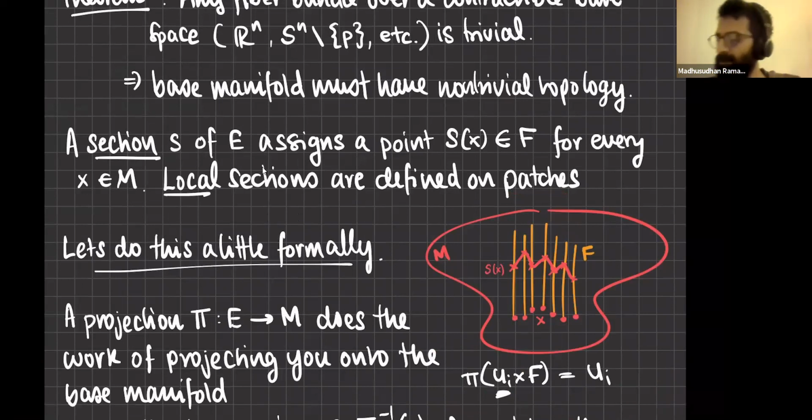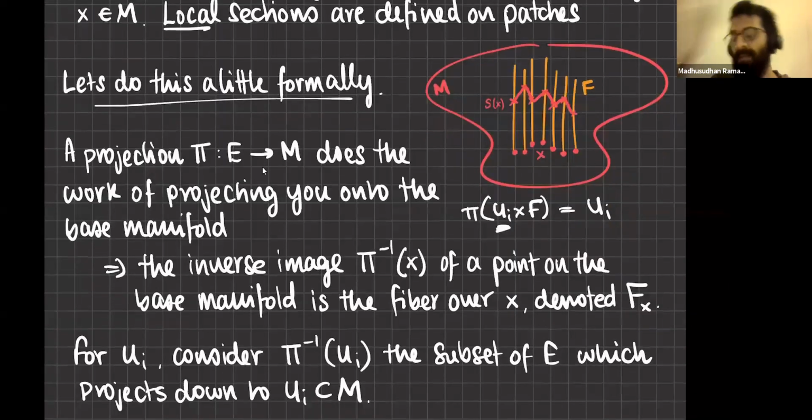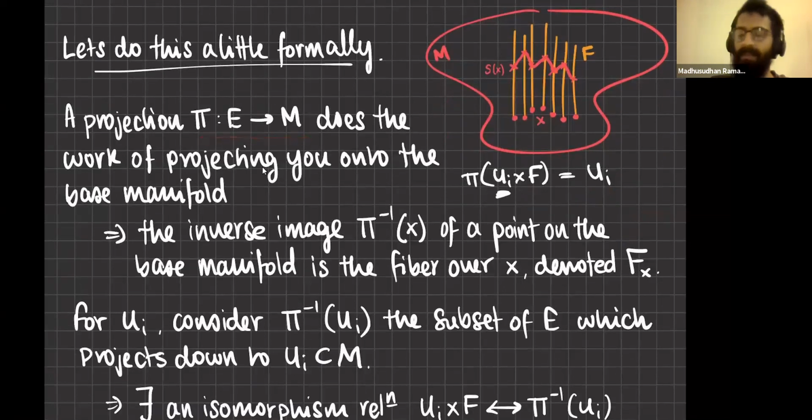Okay, so this is a sort of little cartoon where we have points on the base here, and what a section is doing is it's assigning a value in the fiber for each point in the base, right? So that's what this cartoon is supposed to represent. So what we want to do is do this a little formally, and the way we do it formally is we define a projection from the bundle onto the base manifold, and